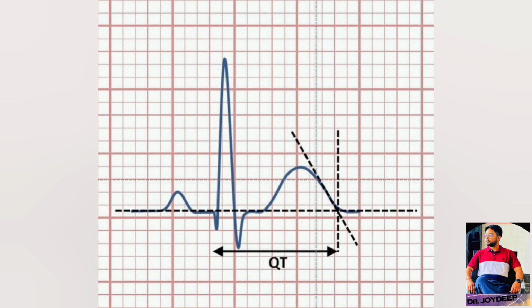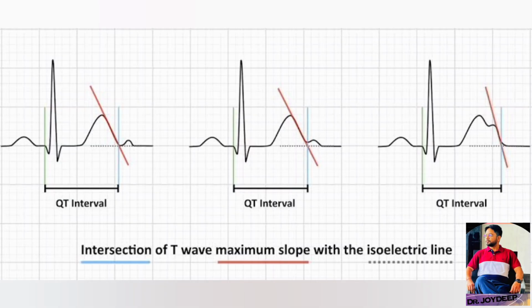The maximum slope intercept method is used to define the end of the T wave. As we can see from the diagram, on the left and the middle side, there are smaller U waves and those are separate from the T wave. Thus, these should be excluded from the measurement. On the right side, the large U wave is fused with the T wave, thus this should be included